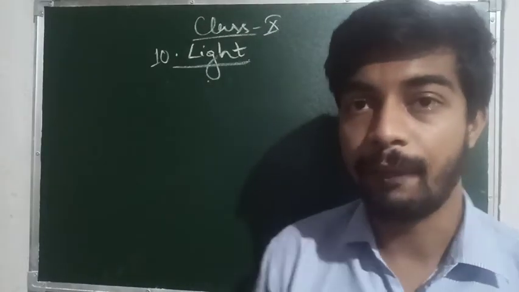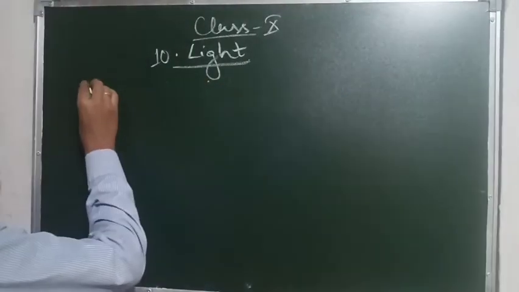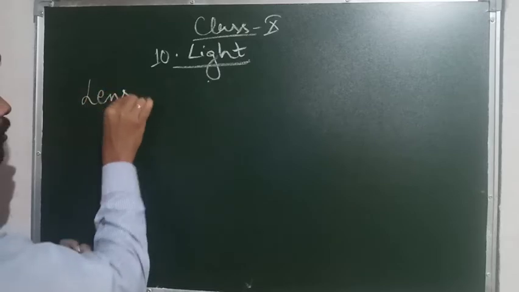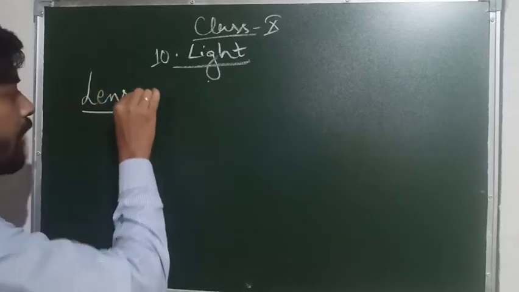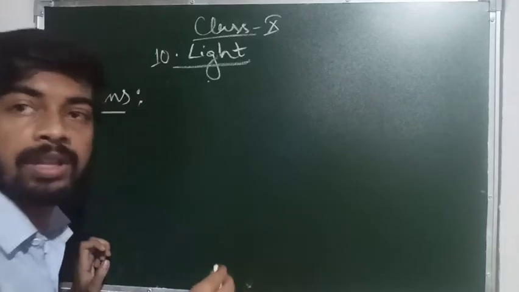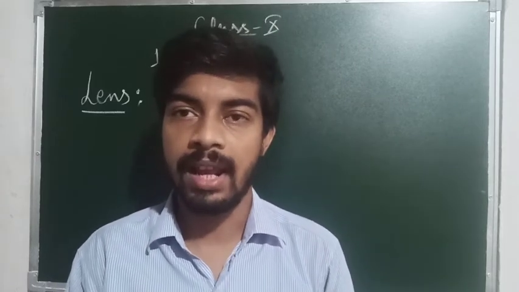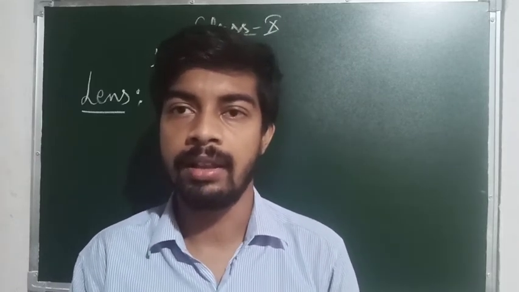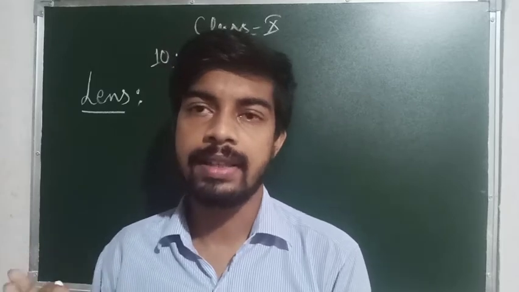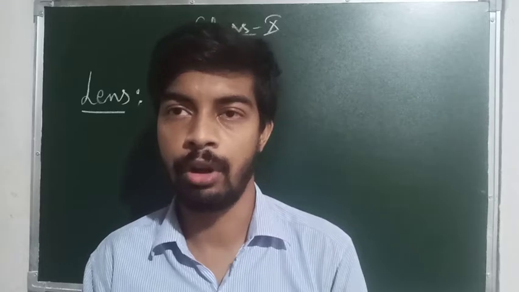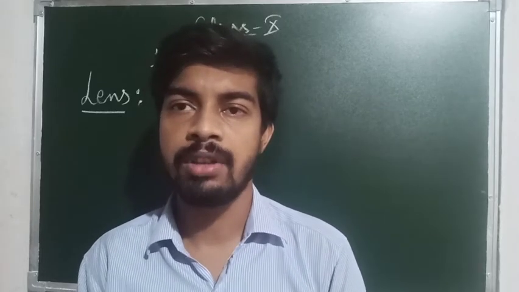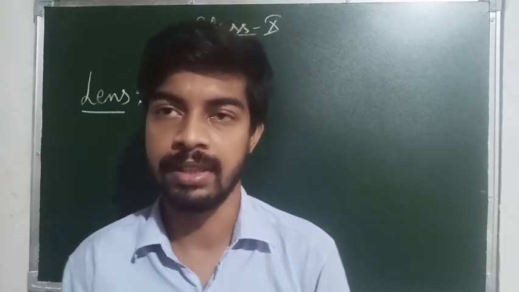Now let us see refraction through lenses, and how the refraction happens due to a lens. A lens is a piece of glass which helps to diverge the light or bend the light in the required direction. These lenses are basically used either to magnify an image or to make the image look smaller. Lenses are used in specs, telescopes, microscopes, and basically in optical devices.